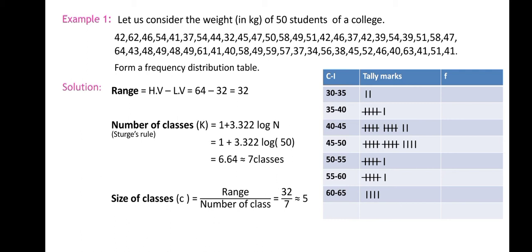So in the first class interval, that is 30 to 35, we have 2 tally marks. So here the frequency is 2. And in the second class, that is 35 to 40, we have 6 tally marks, hence count it and write down the frequency as 6. In the same way, write down all the frequencies. And we get the total as n is equal to 50. Okay, so this is a continuous frequency distribution table.